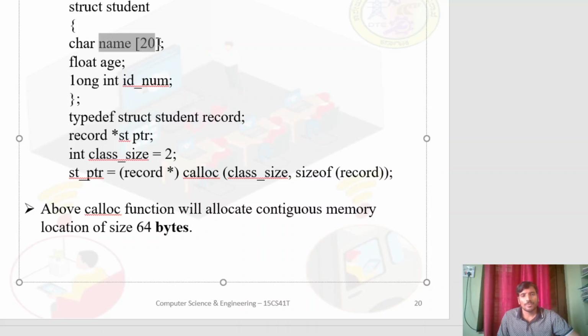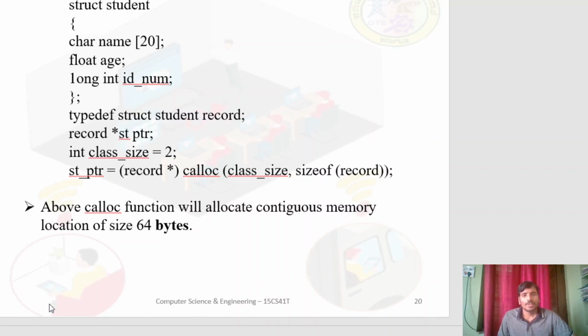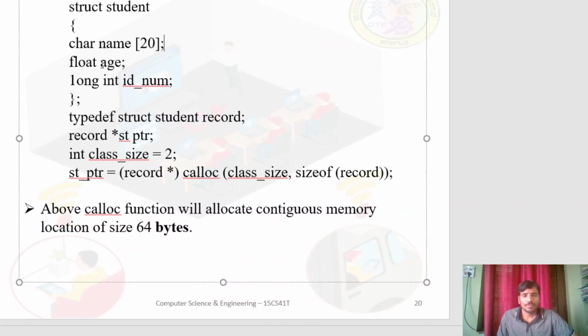Name is an array of size 20 of data type character. Each character takes 1 byte of memory, hence totally it is 20 bytes. And what is the size of age? Float takes 4 bytes and long int takes 8 bytes. Totally the size of this structure variable will be 32.